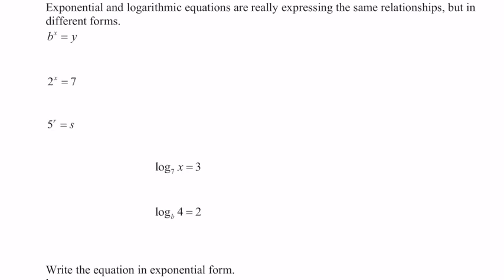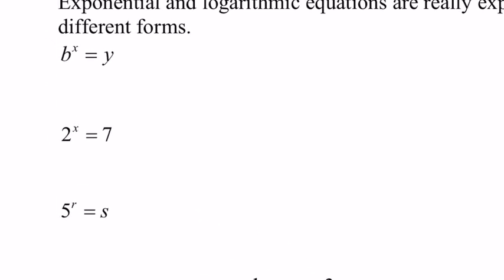Exponential and logarithmic equations are different ways of expressing the same relationship between three numbers. If we think about the equation b raised to the x equals y, here our base is b, the exponent is x, and the result would be y. In logarithmic form, we would have the same base, but remember the exponent of your exponential form is the answer of the logarithmic form. So the same relationship between those three variables could be expressed as the logarithm base b